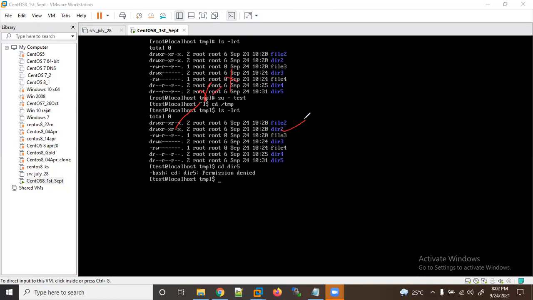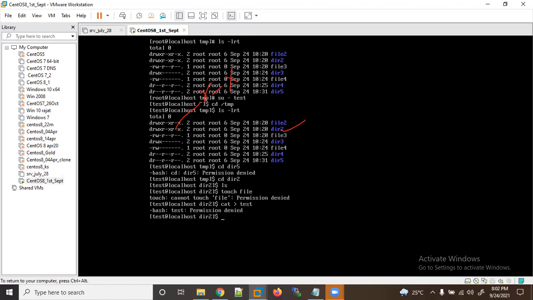Let me try dir2 because I'm other here. Are the two cases the same or not? So now let me go inside dir2. Let me create a file here. I want to create, but it's permission denied. That's okay because I don't have write permission here. So let me create a file for the file case. I'm creating one file for the file case here.